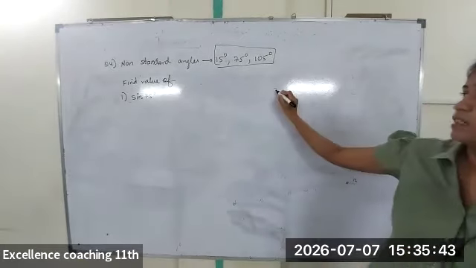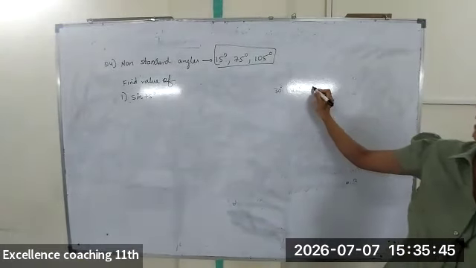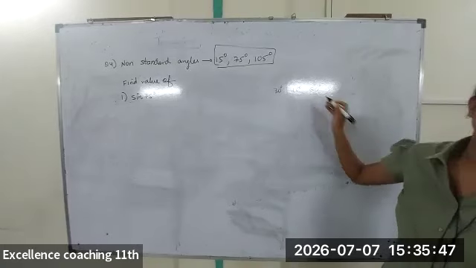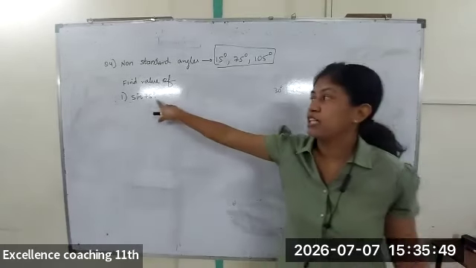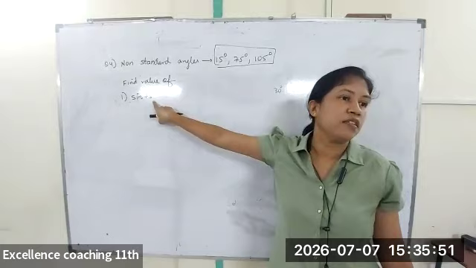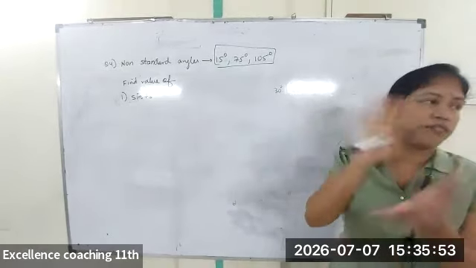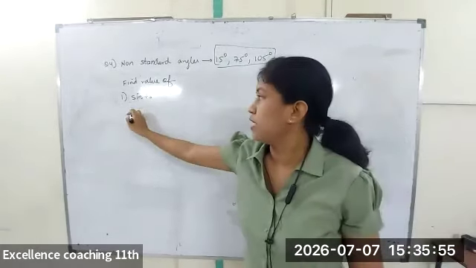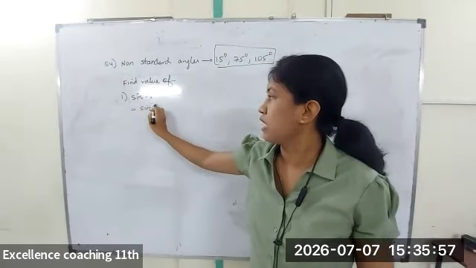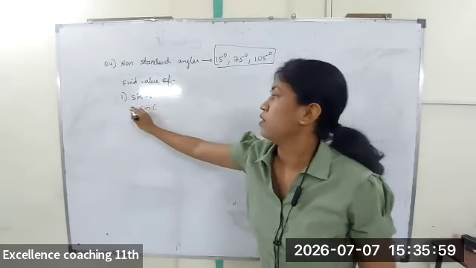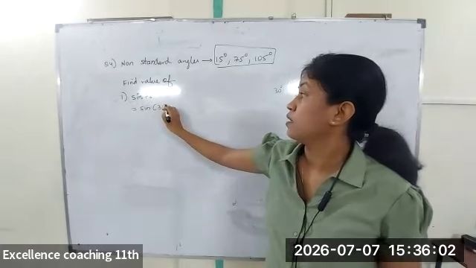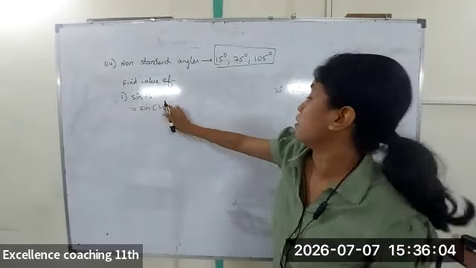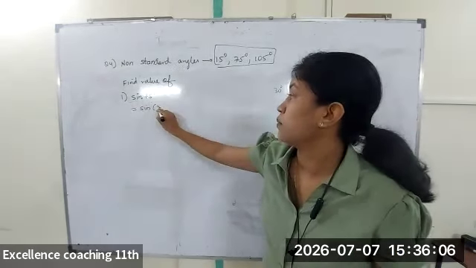So which are standard angles, 30, 45, 60. Okay, so these are your standard angles. How can I split this 75 as what? 30 plus 45 or 45 plus 30, whichever. So write this, which is same as sine of 30 plus